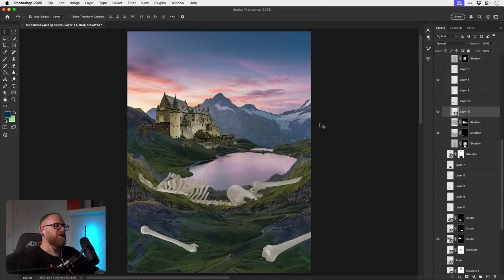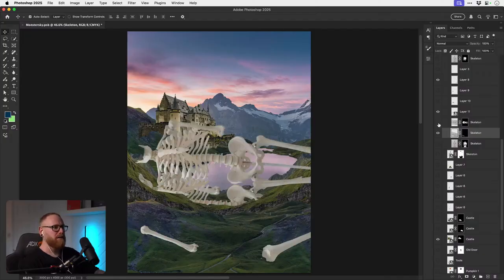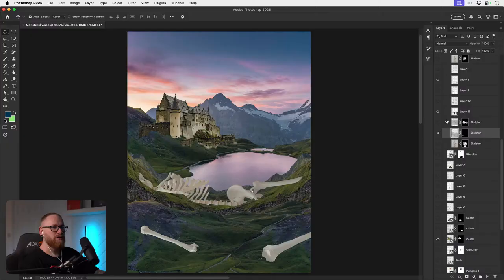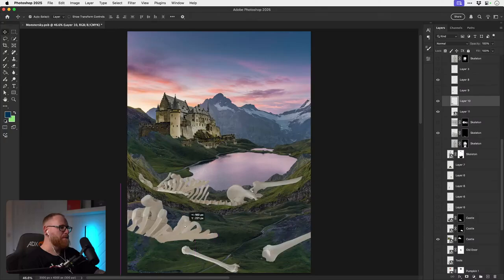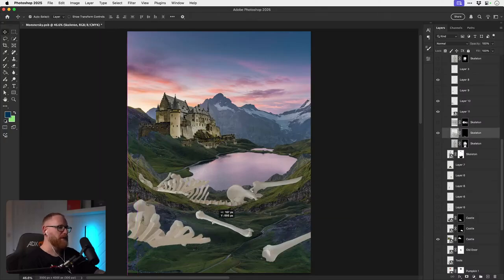Yeah, that could be kind of cool. It's like half a skeleton in the landscape, landslide. Nope, I've lost the ability to speak. More bones. Let's make these ones a bit bigger. There we go. Lots of bones. We like bones, don't we?